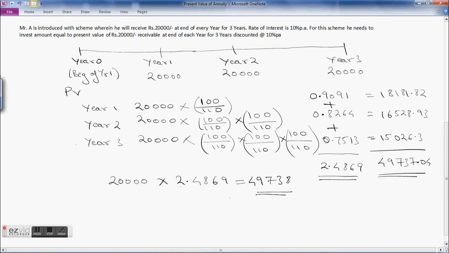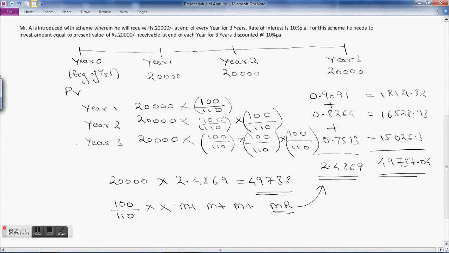Now let's see how to calculate this on the calculator. For this example, you need to find 100 divided by 110, then multiply. Then you have to press M plus. Since we need the total for 3 years, we need to press M plus 3 times and then MR. If you press this, you'll get this amount,